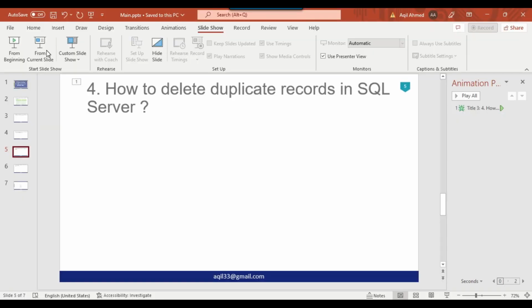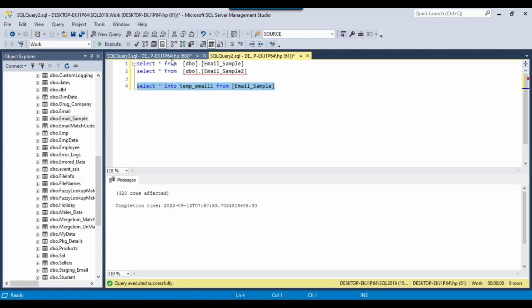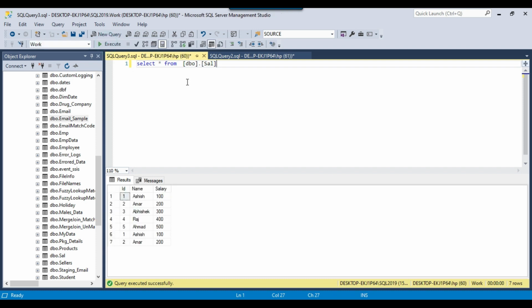Let's see how we can remove the duplicate records. If you see this particular table, I have two duplicate records. For example, the first record, Ashish, is repeated, and the second record, Amar, is also repeated. I want to remove the duplicate records from this table. So I can use the ROW_NUMBER function here with a CTE. I can write a SELECT query using the row number: SELECT *, and then I can use the ROW_NUMBER function here, OVER